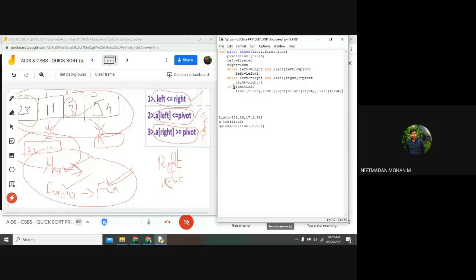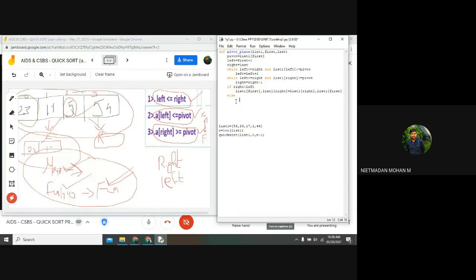This process will happen only when this condition is false. If any one of the conditions is false, then this process will happen. Now, what will happen when these two conditions are false? We want to swap left and right values.